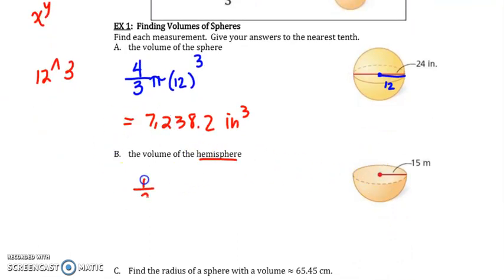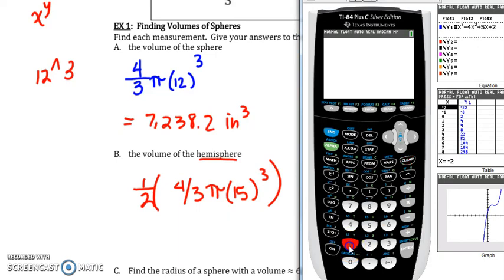So on our next one, this time it's a hemisphere, and a hemisphere is half. So we're going to actually do half of our 4/3 pi r cubed. Okay, so we're going to find 4/3 pi r cubed, and then we're going to do a half of that. So in this case, our radius is 15. So again, typing that straight into your calculator, just like we practiced. So we've got 15 cubed